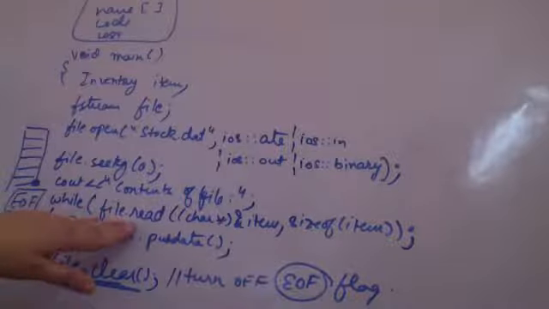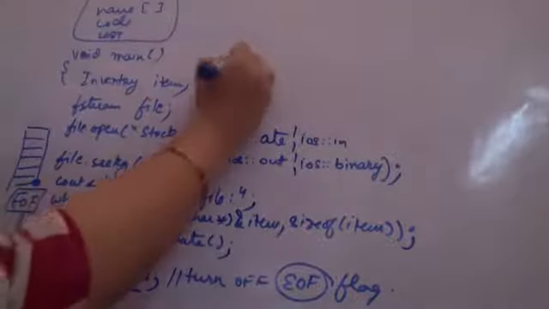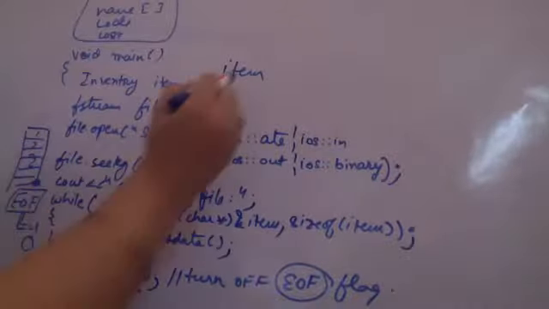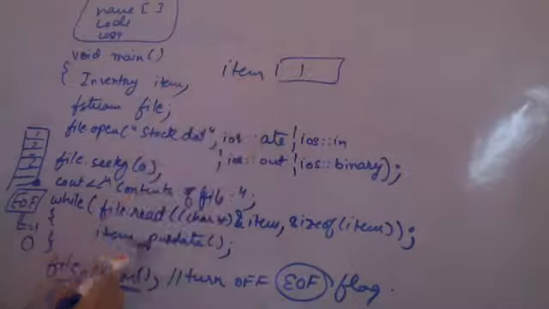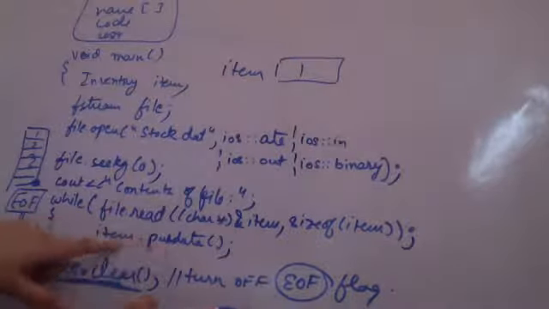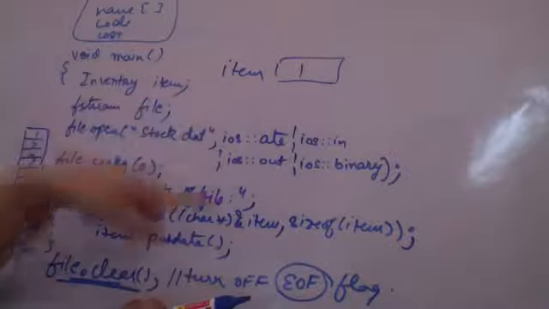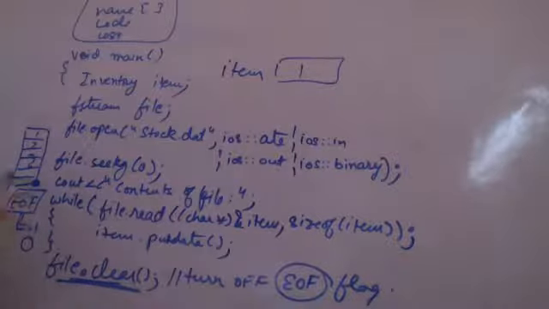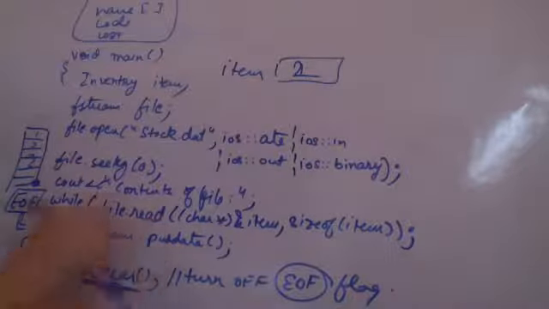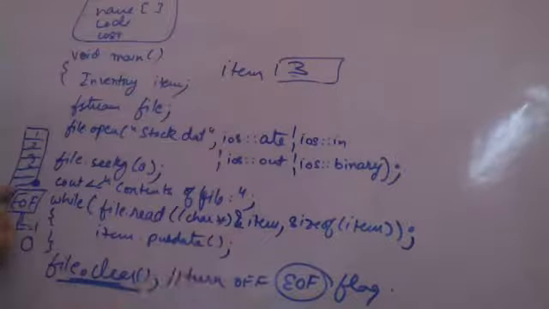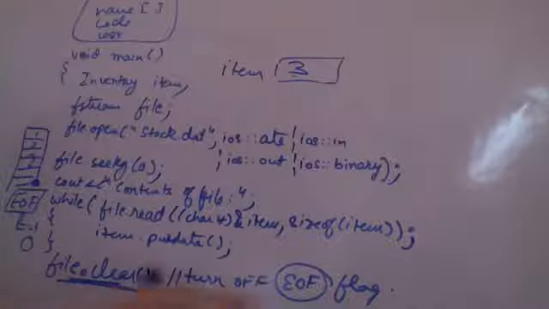जब हम file dot read कॉल कर रहे हैं तो item में कुछ I have this item. Now this is supposedly item 1 2 3 की कुछ डिटेल्स हैं. जब हम रीड कर रहे हैं तो item में 1 की डिटेल आ गई. item dot put data में 1 का नेम, 1 का कोड एंड 1 का कॉस्ट गेट्स प्रिंटेड. Again in the same item I am reading the next item from the file. तो फाइल से item 2 यहाँ पे रिप्लेस हो गया. Item 2's details are printed, then it gets replaced with the next item and so on till there are any items in the file. After that I am using this file dot clear to turn off the end of file flag. Till here I have only done this much.